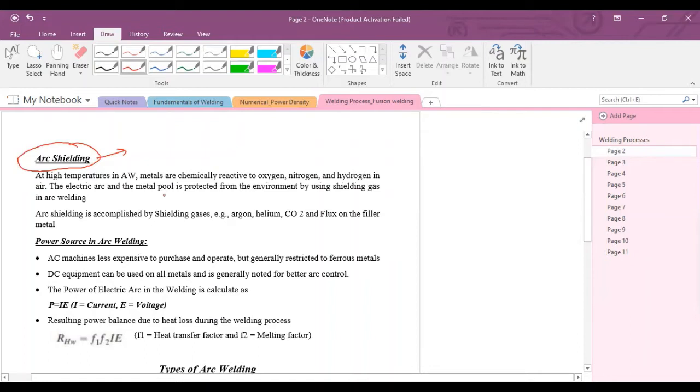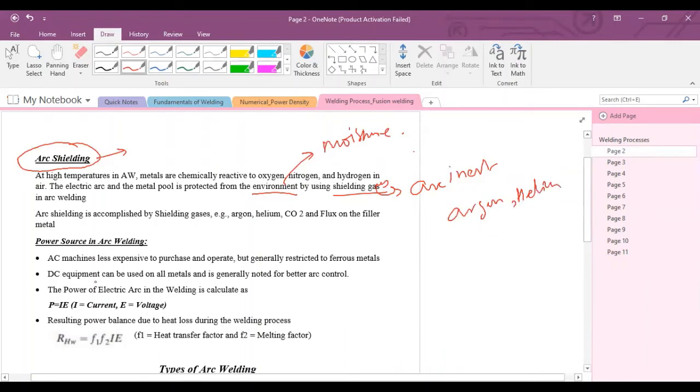in the environment. The electric arc and the weld pool are protected from the environment, because the environment has moisture, and this moisture will create oxides over the surface, or oxygen will form oxides. Molten metal has a tendency to react with moisture, oxygen, and nitrogen. So to protect the molten metal and the electric arc, shielding gas is used in electric arc welding. These shielding gases are inert gases. For example, argon can be used, helium can be used, or a mixture of both can be